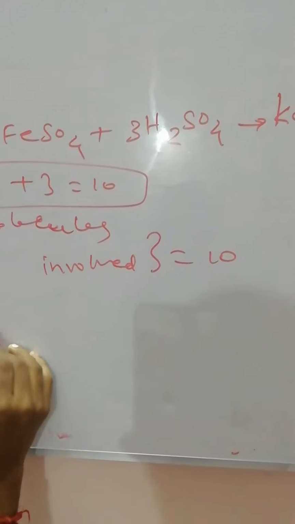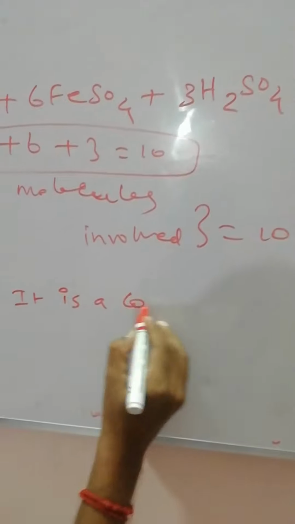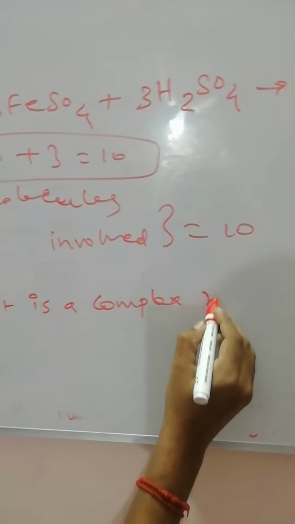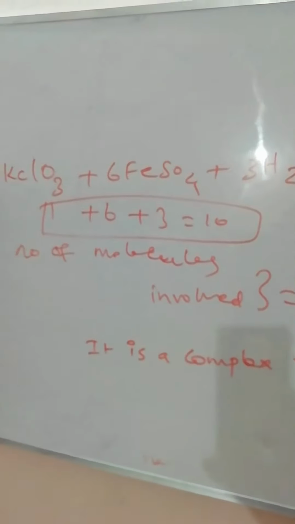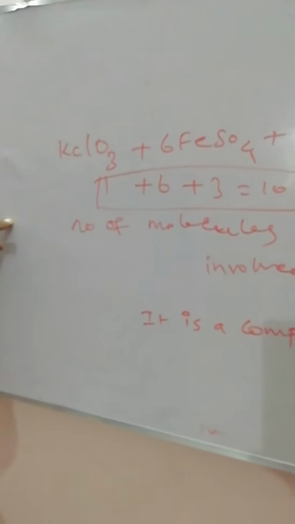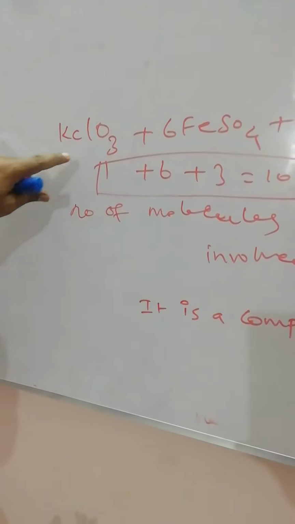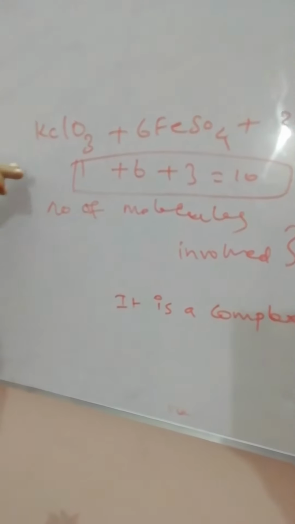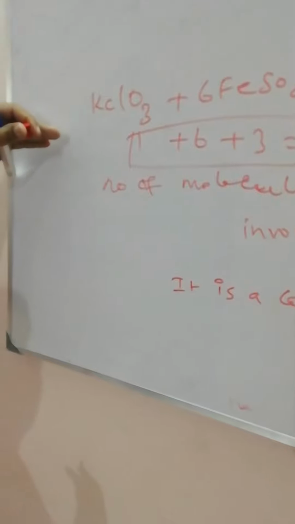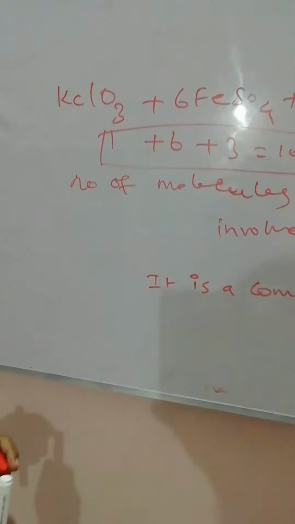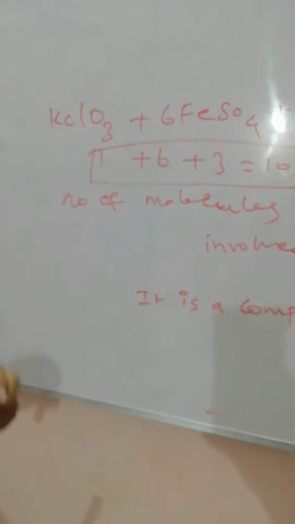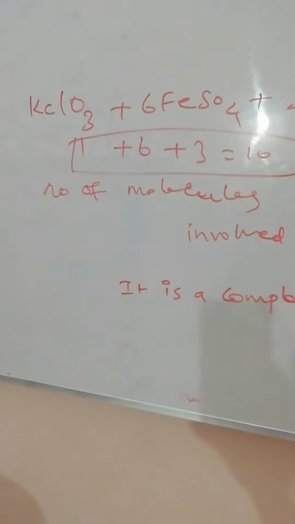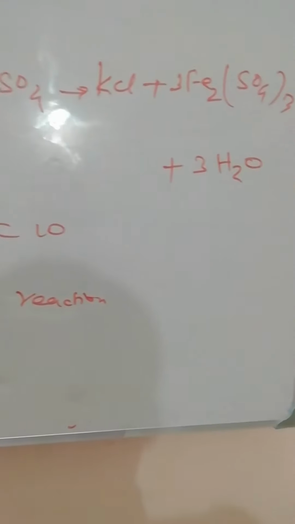So it is a complex reaction. It is a complex reaction. So this will be obtained by a mechanism. Many steps are there. This is the final product. So it is a well balanced equation, but it will be obtained by undergoing several steps. I already gave one example. So this is also an example of a complex reaction.